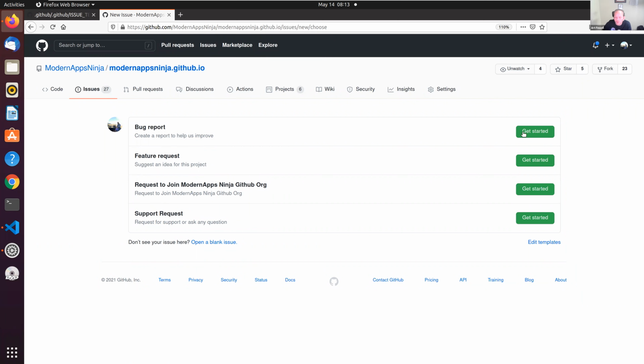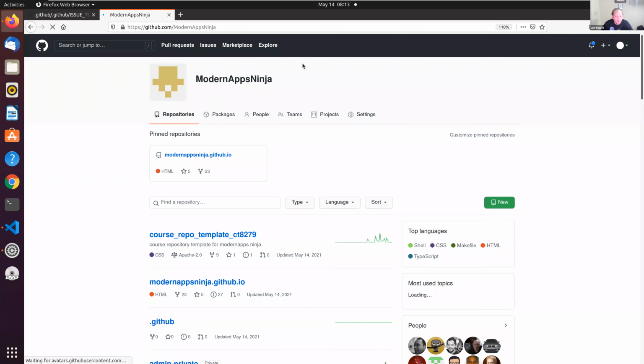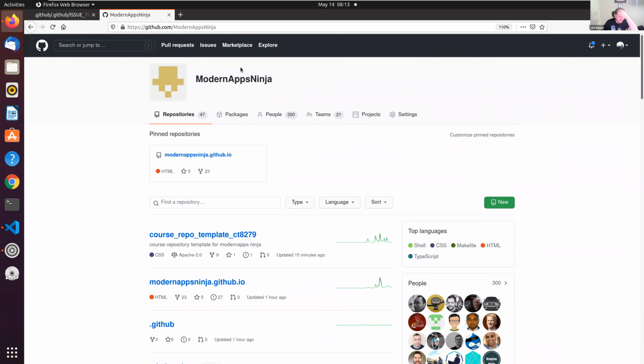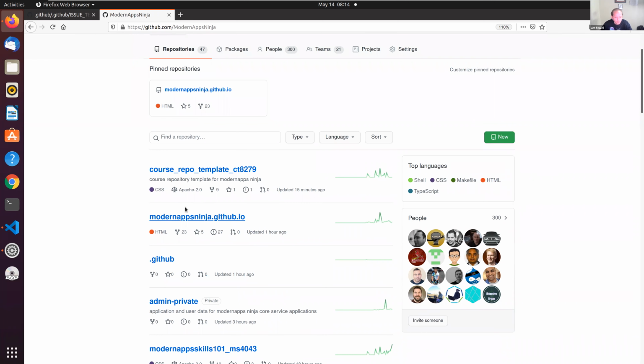And you can also, for an organization-wide setting, create templates at the organization level. So now I'm looking at the Modern Apps Ninja org. I'm not looking at any particular repository. I can have an entire repository named .github. If you may remember, I was just looking at the homepage. That homepage has a folder inside that repo called .github where you keep the templates. Well, if at the organization level I do the same thing, I create a .github repository that creates a